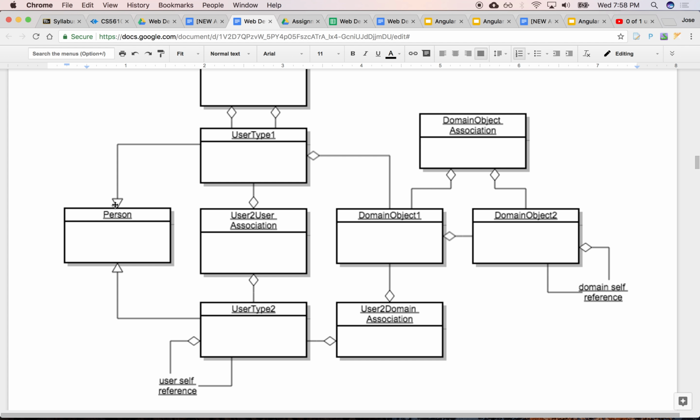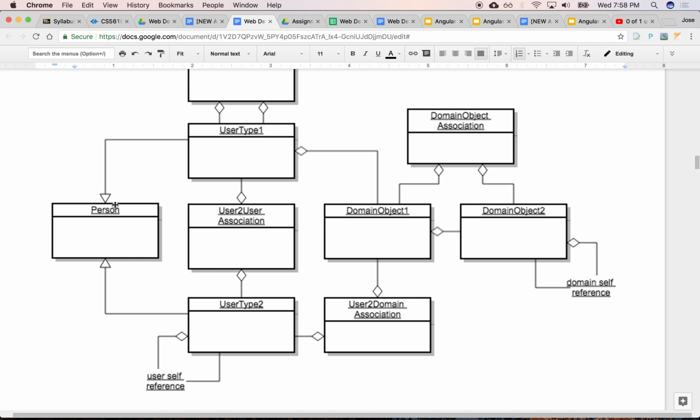Here you have a relationship between a user related to many domain objects, and a domain object related to another set of domain objects. Right? So a user creates, has many playlists, and one playlist might have many songs. Yes, and this association here allows you to create hierarchical.